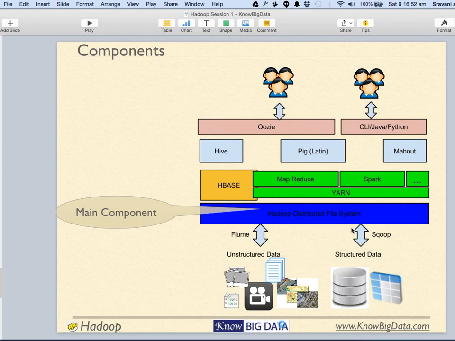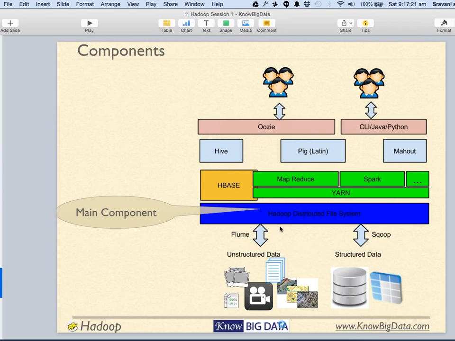So your program is taken to the data and run against each piece of data on different computers, and the results are combined using your reduce function. That is probably the simplest way I can describe MapReduce. We'll go into more details later on, no worries.